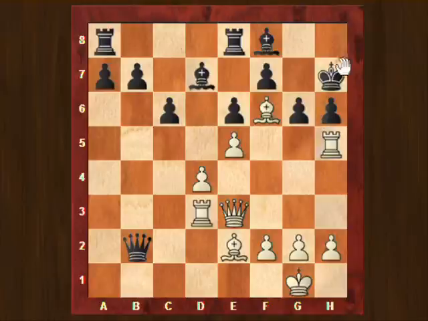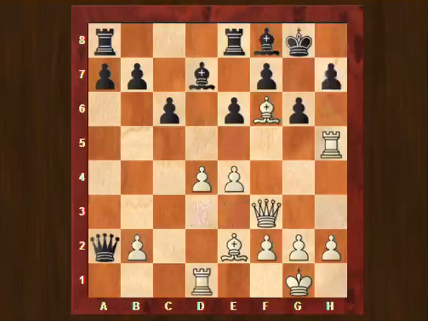If king to g8, then rook h8 mate, and if king takes the rook, then rook h3 checkmate, and there is no defense here. So also this idea of h6 and king to h7 was not sufficient. Let's have a look at the rest of the game now. e5 was played, guard